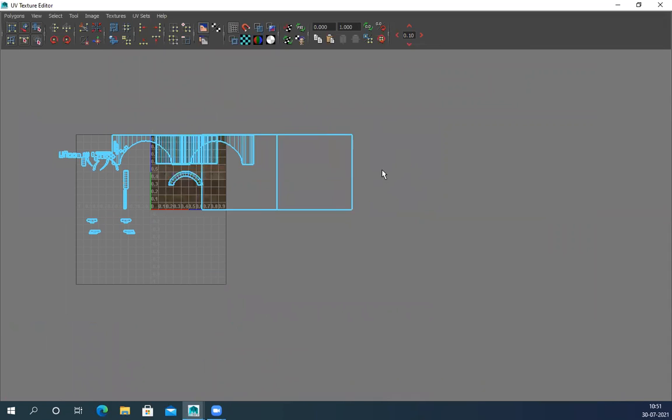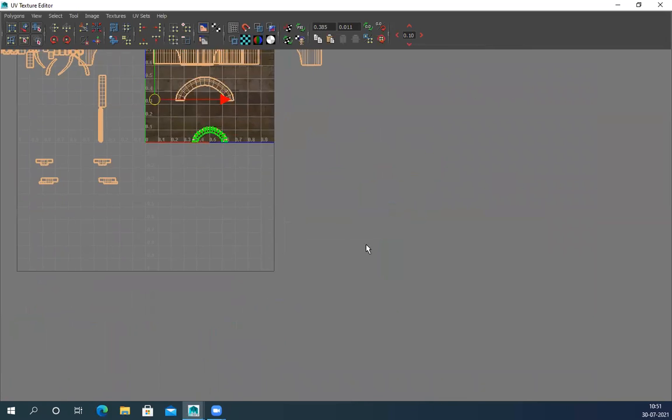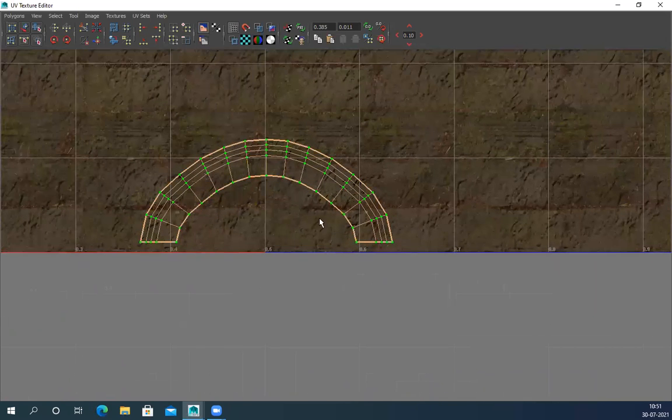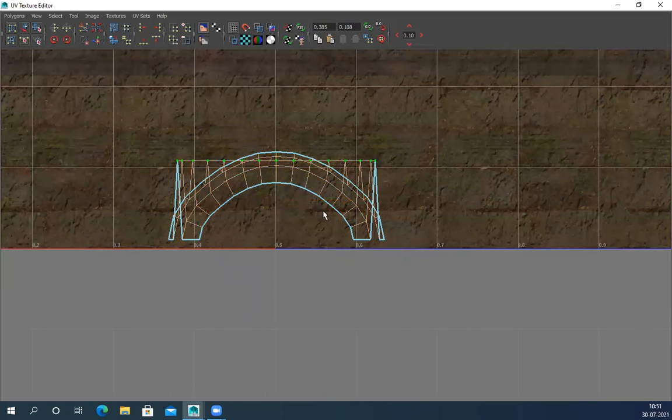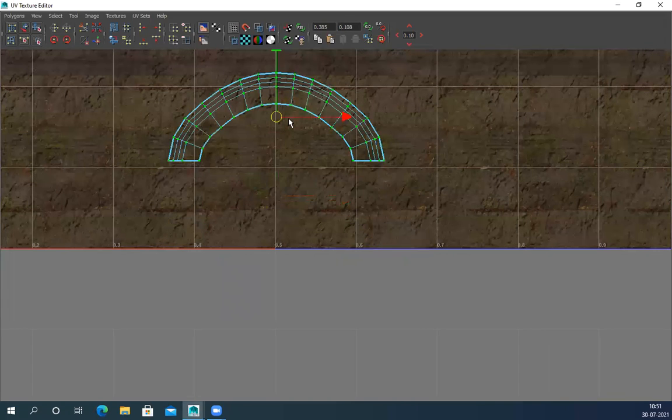Wrong. I should have done it manually. Well, it's an older version, it's creating a problem for me. So okay, what I'll do is select the middle one and make it a straight line. UV straight. Shift, select alternate, and unfold. Okay.